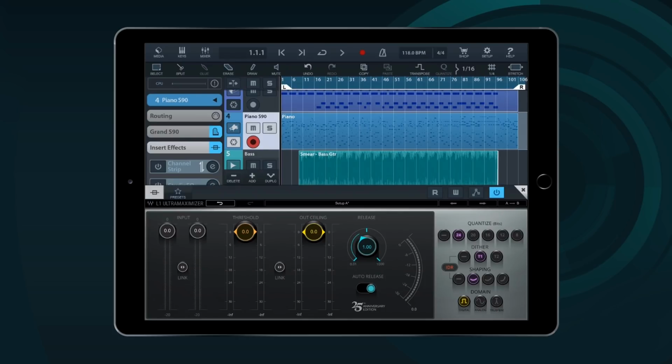The L1 has a look-ahead function, which means it will introduce 64 to 96 samples of latency. That's why I would recommend that you add it once you've done all your recordings and you're in the mixing phase of your project. There's a gain reduction meter, which you already know, for example, from the compressor of the Waves audio track. And there are settings if you, for example, were to export your mix down to 16-bit, you could make use of the quantized dithering and noise shaping algorithms of the Waves L1.